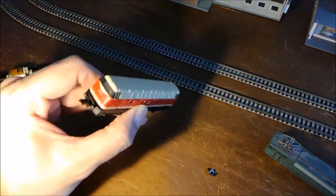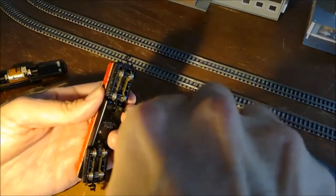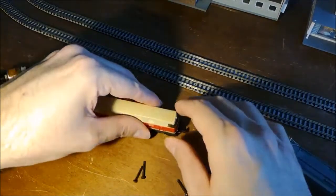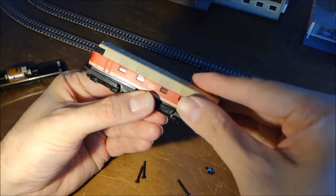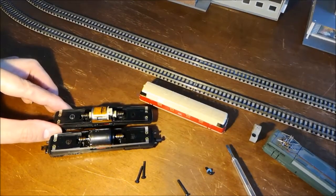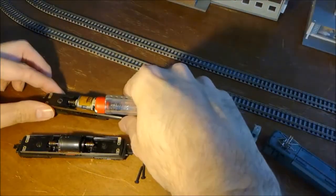Here we then have the 118, some screw removal to be done. And there we go, I think. There. And remove carefully the chassis. That goes there, and then, as you can see, these are identical, except for the fact that the motor is a different shape. Then we need to remove, I think it's easier if we swap the bogies,